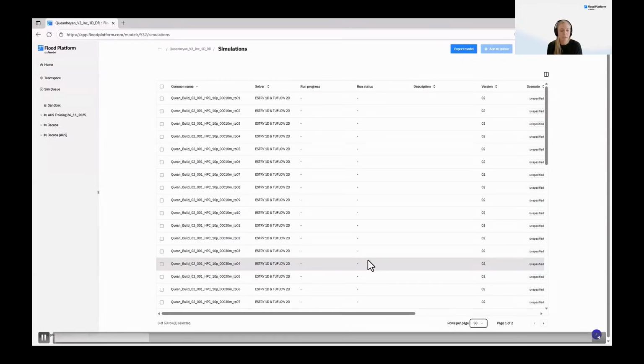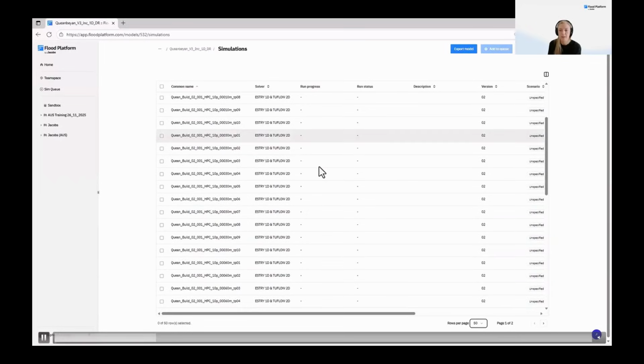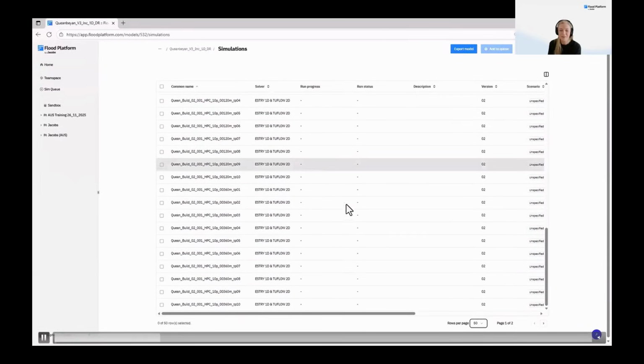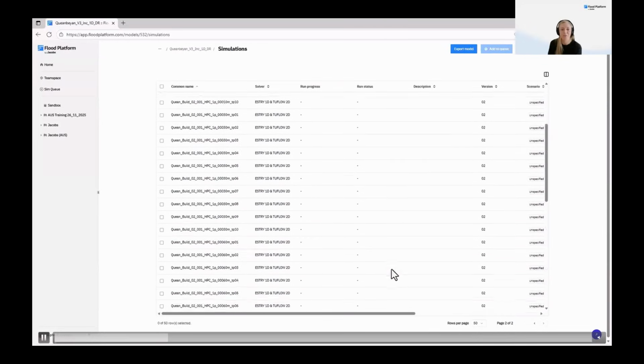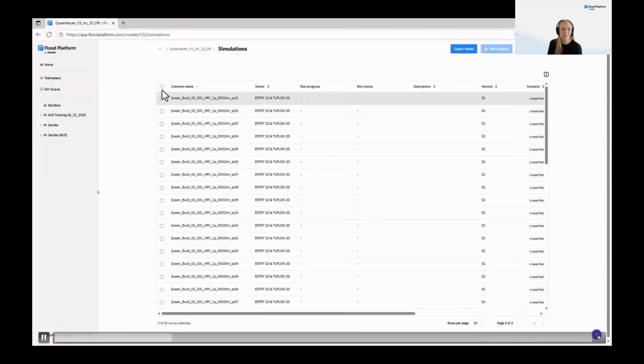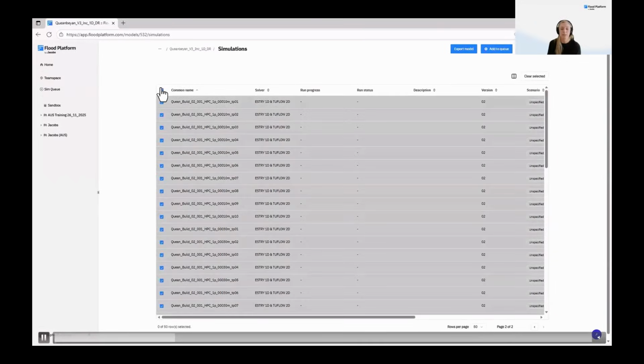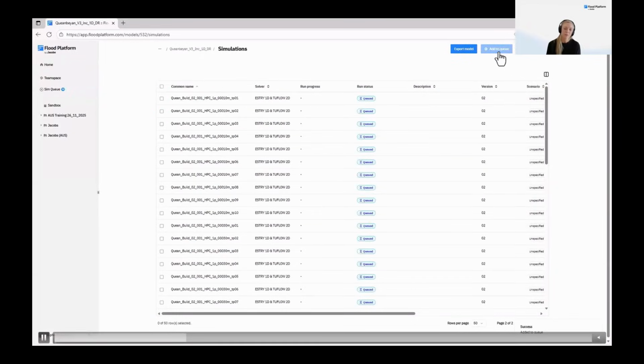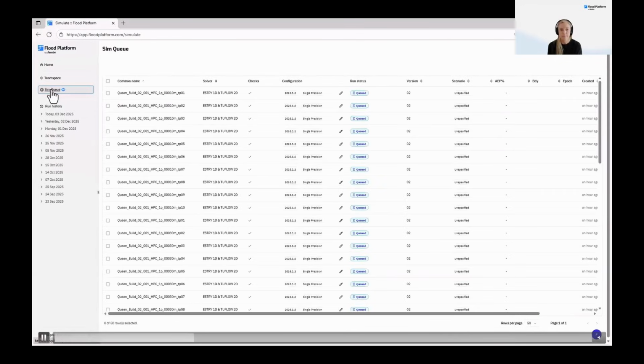So I'll just fly through the screen there. We've got all the simulations for the 10% AEP. So I've got 50 simulations there. I know that's probably not enough for today's environment where we're running all the different durations for all the AEPs. But what we can do there is really quickly pick 50 simulations off the list, which are all the 1%, and add them to the simulation queue. That's your first step inside Flood Platform. You can add simulations from multiple projects. And then once you're happy, you can come into the simulation queue and set them off.